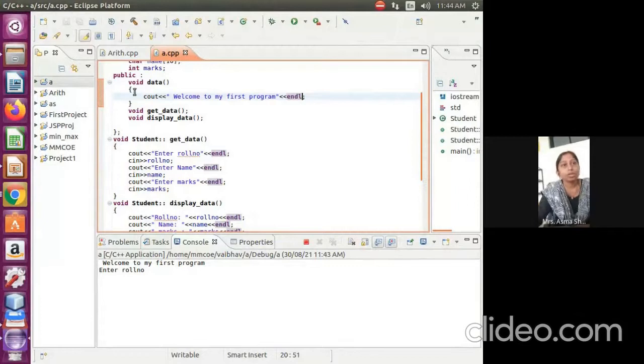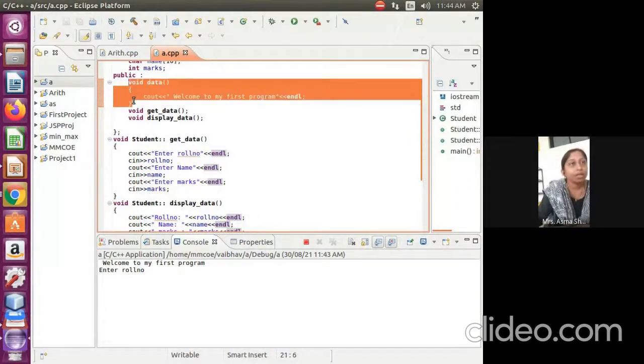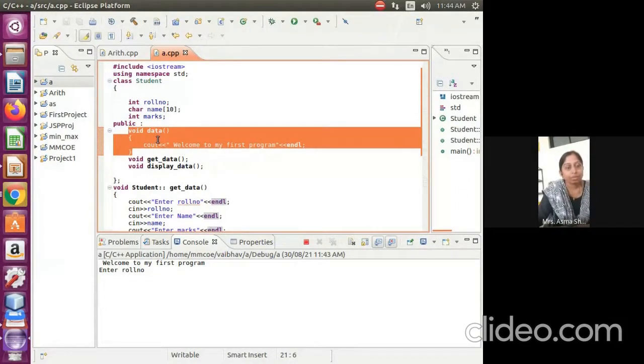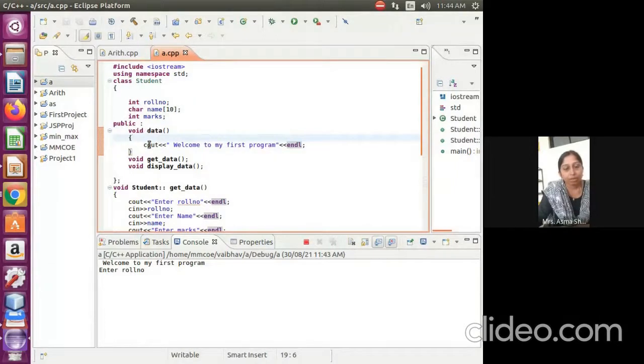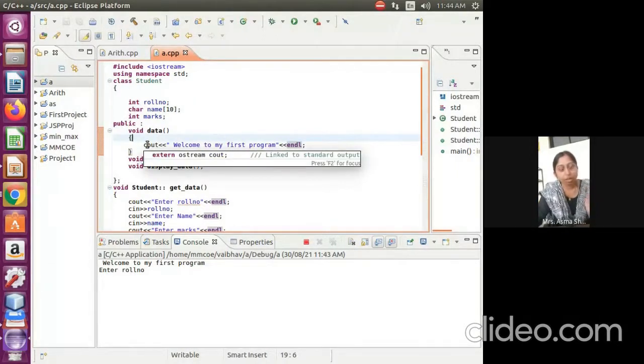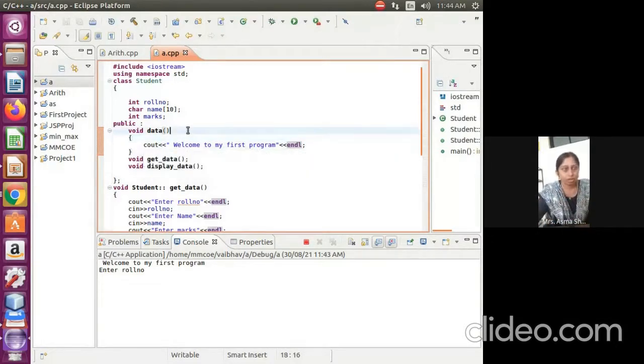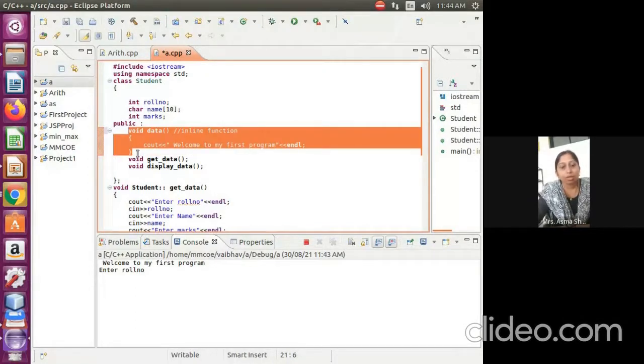So this is appearing, and we have written this within the class itself. When I write this kind of thing within the class itself, not declaring the function outside but declaring it inside my class, that function is called an inline function. Inline function is the logic where the code gets replaced when we call these functions.